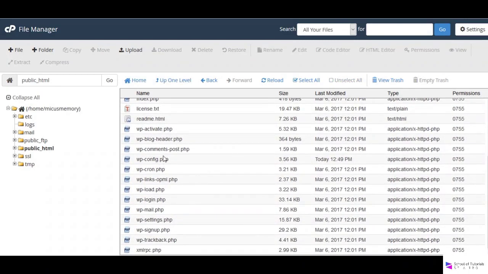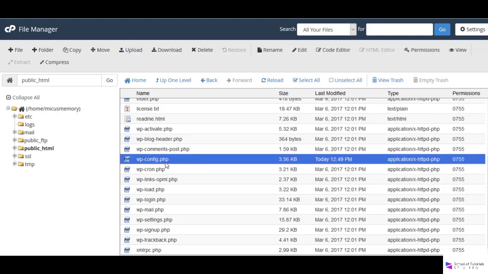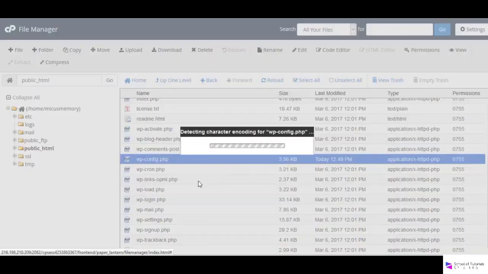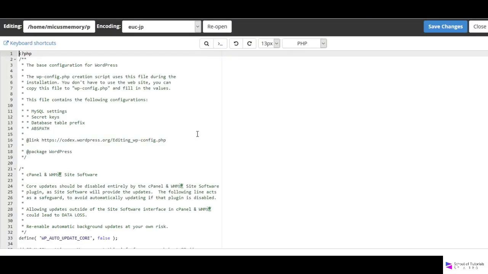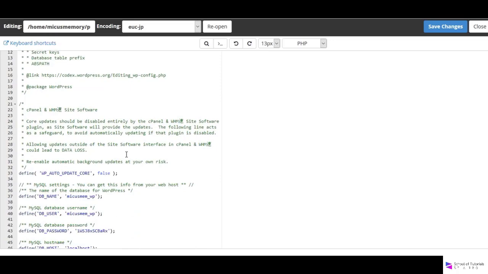When you scroll down, you look at the wp-config file. This is the file that we will edit. So what you're going to do is right click on this file, click code edit, click edit, and you're going to scroll all the way down